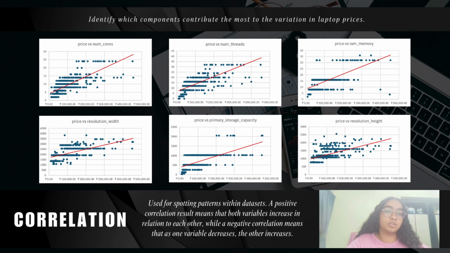Moreover, for the storage, we choose the primary storage capacity. The capacity of primary storage has a strong positive correlation with the price of 0.636. This suggests the laptops with a larger primary storage device are more expensive than the secondary storage drive. Finally, for the display, which is resolution width and resolution height, the width and height display the